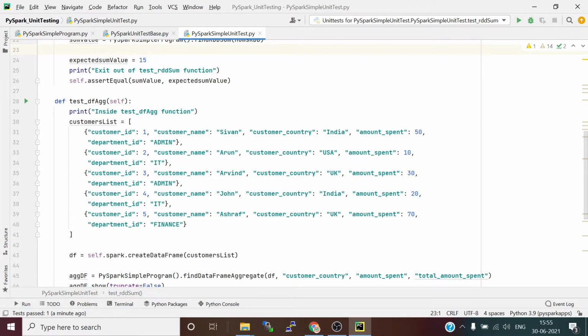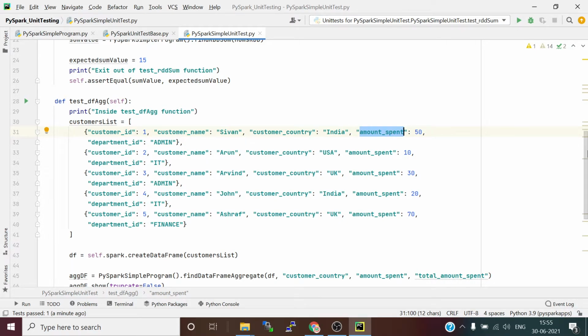I took 5 customer records: customer ID, name, customer country where he is living, and amount spent. Now we are going to group by the country and find out the amount spent by the customers in each individual country. The group by column is going to be customer country, and the total sum you want to find out is on the amount spent column.